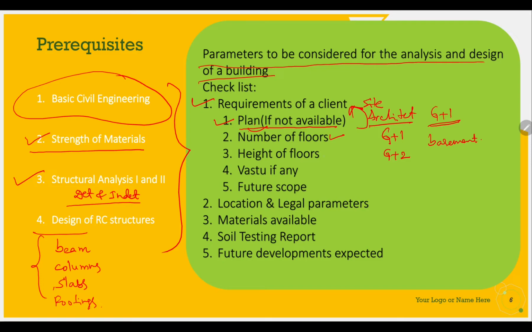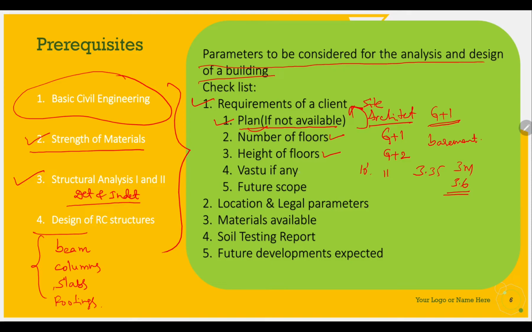The client will tell you this at the initial stage; that is the main thing. Next we have the height of the floors. Floor to floor height, you need to understand what it is. Some clients provide 10 feet floor to floor height, and other clients 11 feet. Some people go for 11 feet, like 3.35 meters, or 3 meters, or 3.6 meters. All this height should be clarified with the client itself.